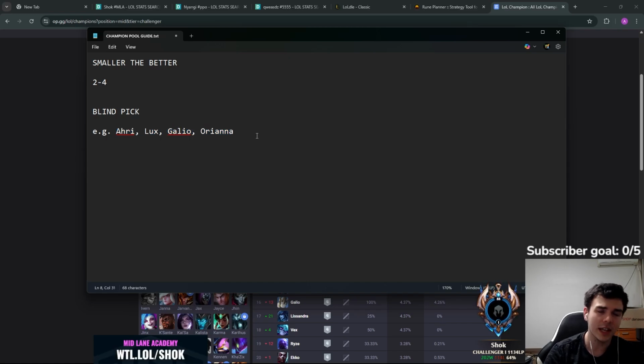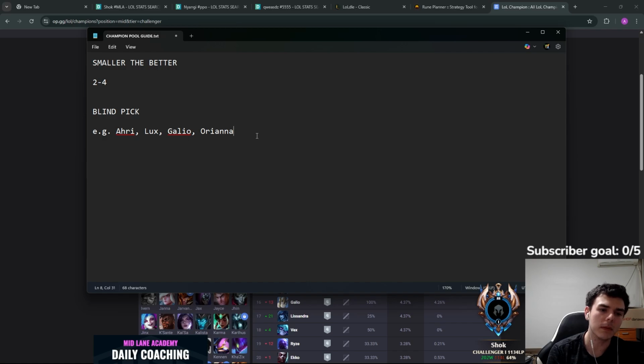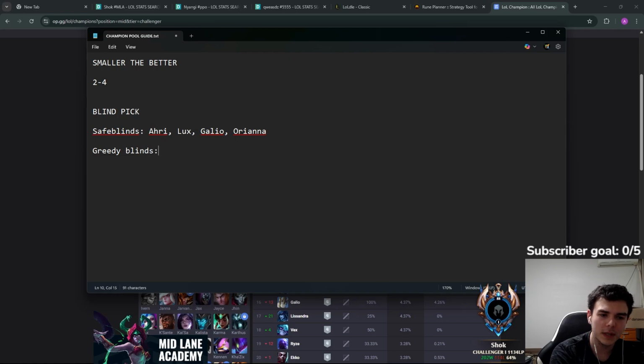Now, there is another path you can go, which is, instead of picking something really safe and neutralizing, you can pick something that's a really greedy blind, right? You can pick something that basically says, okay, if you don't punish me, I'm going to get away with my pick. And bonus points if people don't know what to pick into these champs, or if they are also good neutralizers. So, let's make this safe blinds. Your greedy blinds would be things like